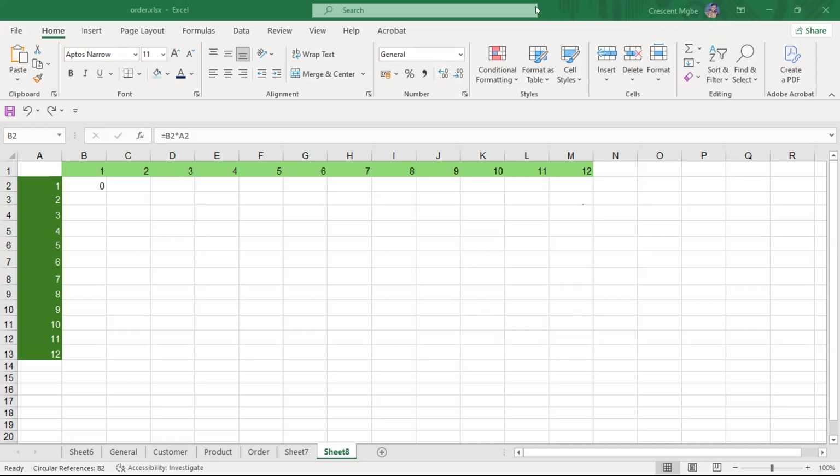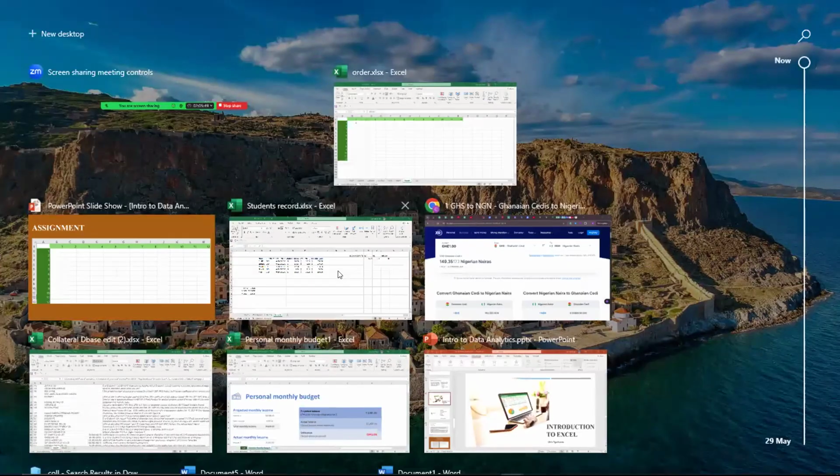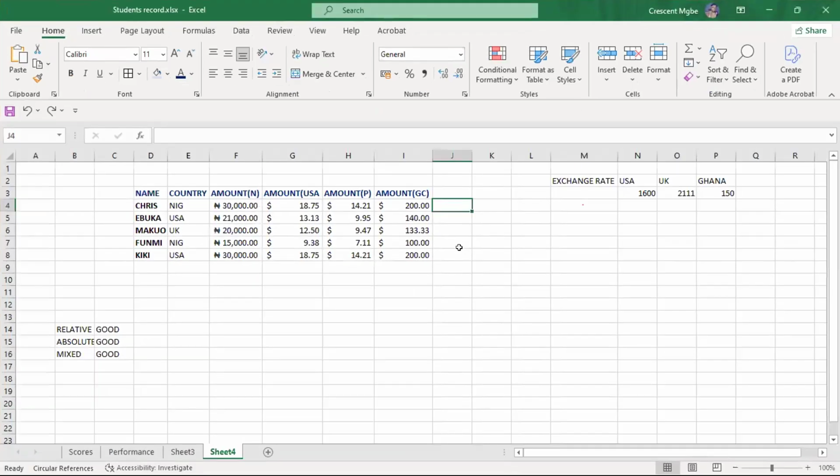All right, so this is the end of the class. Let's have your questions if you have any. I really want to appreciate you for understanding cell referencing because I didn't expect that you'd understand it easily. But if you still have questions, let's look at your questions and then I'll explain further. Since we are done,